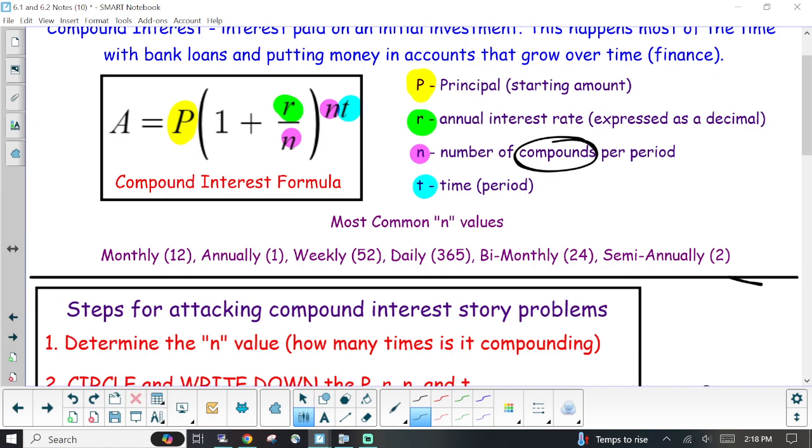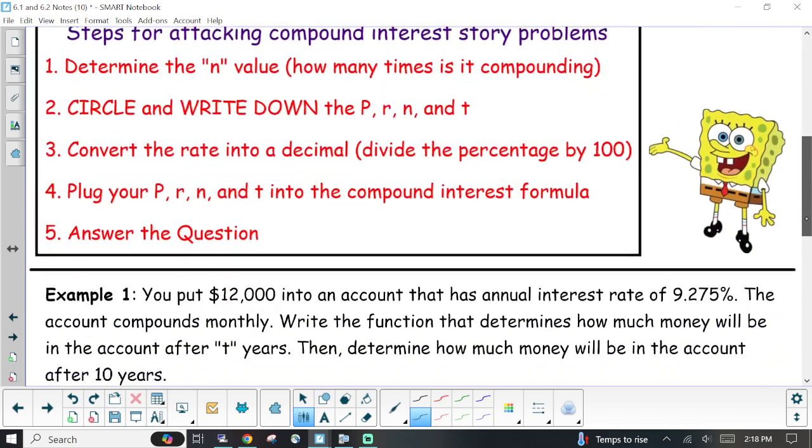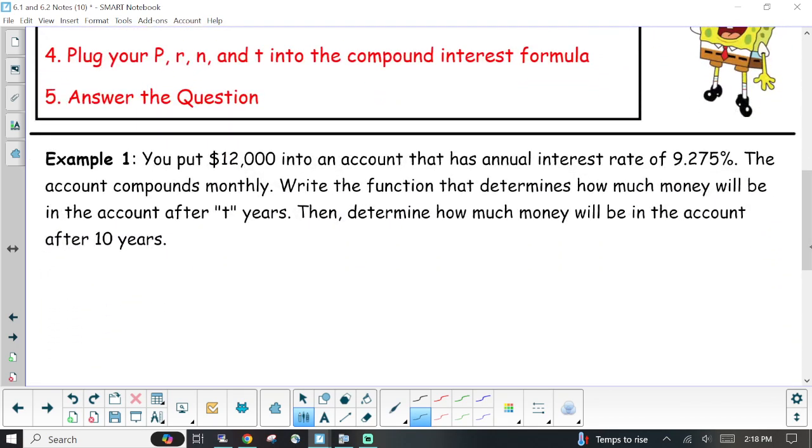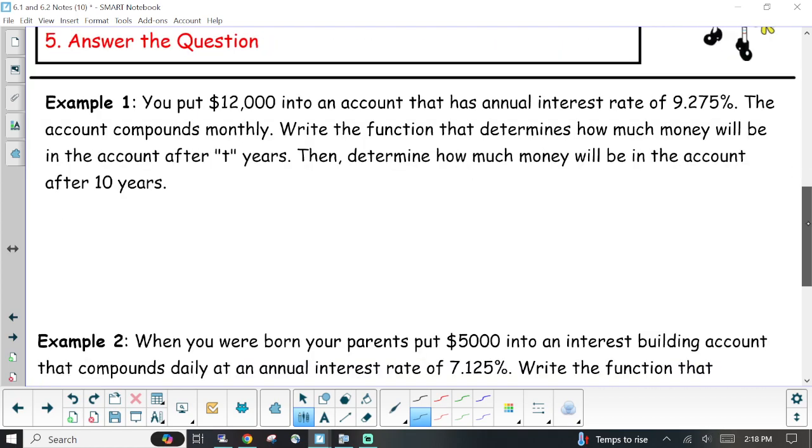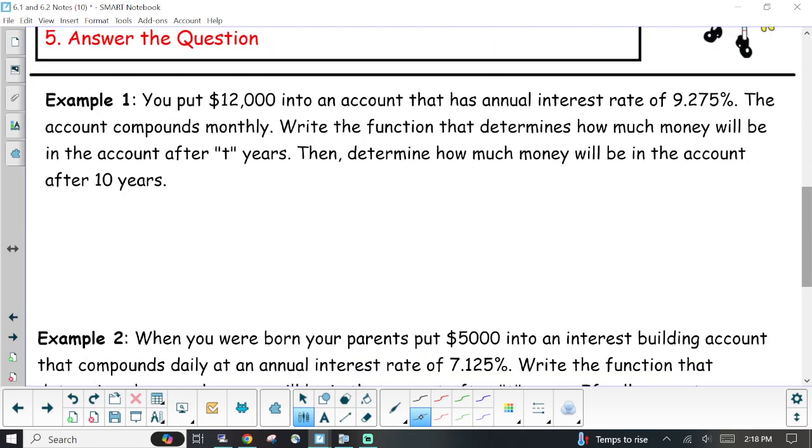Now, I'm going to skip over the steps because we're going to go over them together. If you need the steps as we're going, you obviously have them. We're just going to jump right into example 1. It's going to follow the same process that the other problems did with growth and decay. We're going to read the question, underline and mark up the points that we have to plug into our formula. I'm going to put the formula right here. P(1 plus